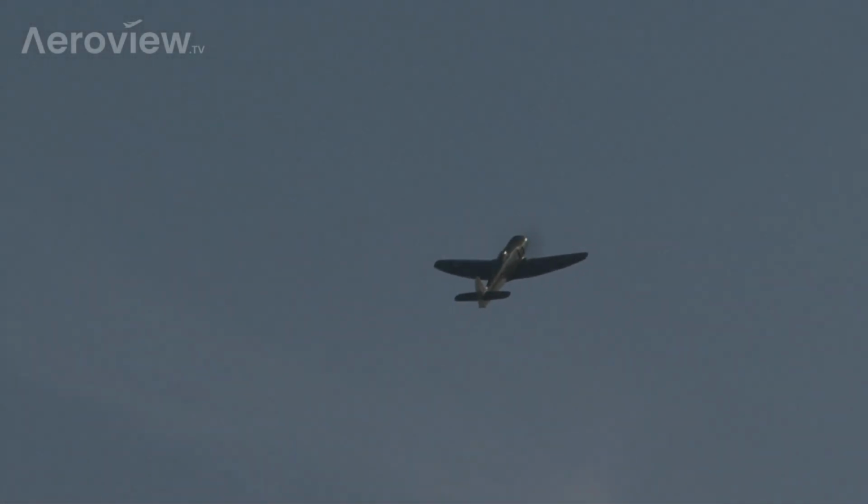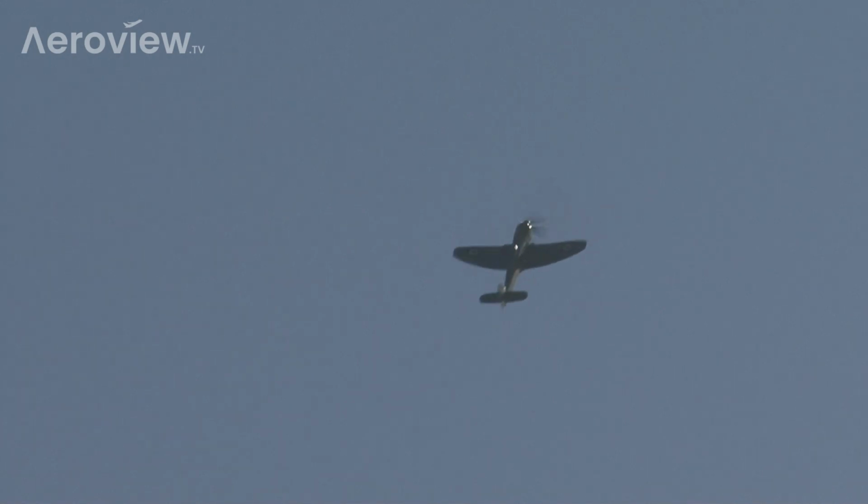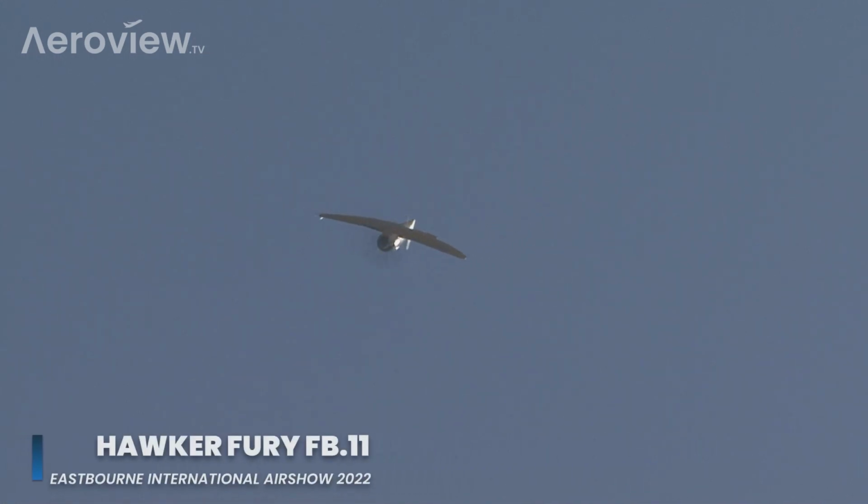Designed to Royal Air Force requirement for a light Tempest. You will have heard of the Tempest, also flown by Air Leasing, but sadly not able to be with us here today. But this is a very effective fighter. Eventually, it began life very much as a ground attack aircraft, but a lighter version, it was argued, would make